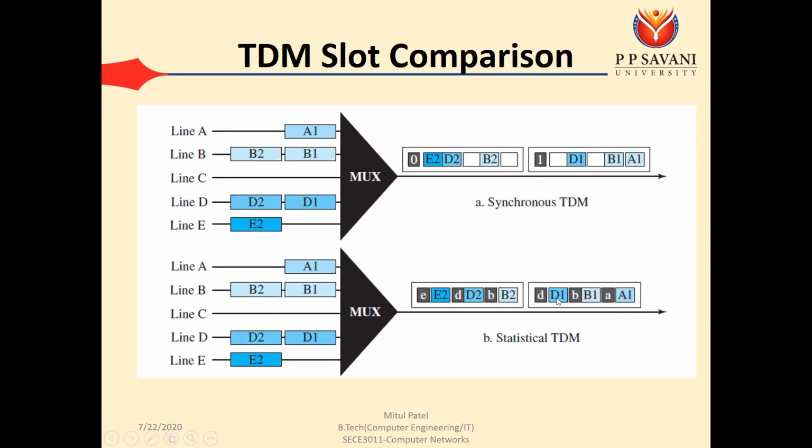Okay, so to solve this problem, what we have to do is add one address, or we can say one identification, with each output time slot. For channel 1 the identification is A, for B the identification will be small b, for C small c, for D small d and for E small e. So after A1 we add small a, so we know where this data came from. B1's data came from B, D1's data came from D. These are used to find out at the receiving side where the data should go.